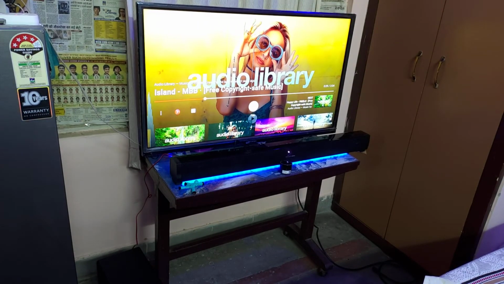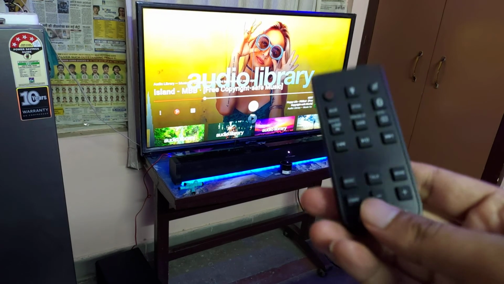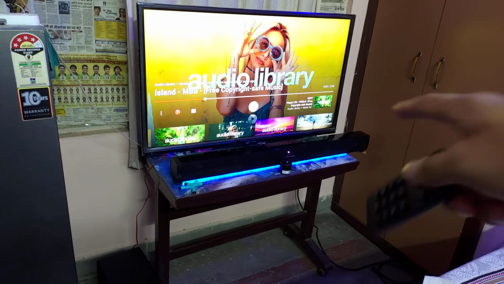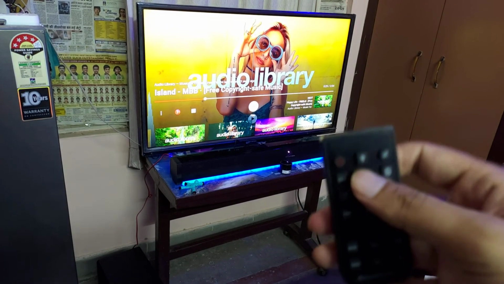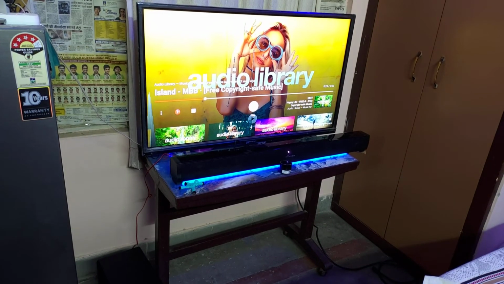So that is something, if you really want to buy a speaker, you need to remember: if you have dedicated input IR remotes, then you can configure it using some universal remote. But if you go with a remote which has only a single input button, on which you need to keep scrolling by tapping on it, you won't be able to achieve the similar thing which I have done today with this speaker and this remote. So always remember that. And I think that's the value for money for me.